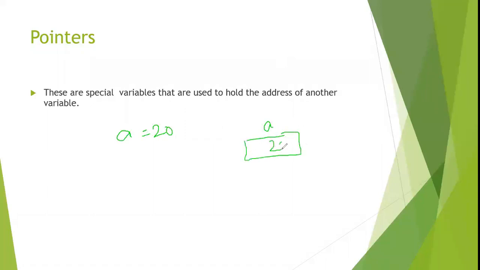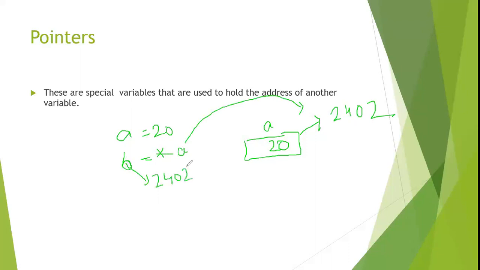Right? Its value is 20. Let's suppose it is stored at address 2402. Now, if a programmer wants to return this 2402 address in the output, I can take a variable p, which is going to point at the address of variable a. So p will be storing what? p will be indirectly storing